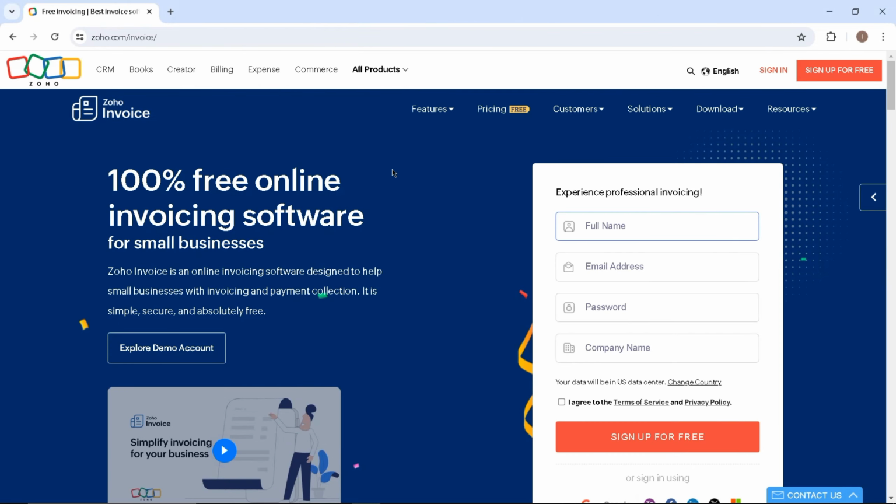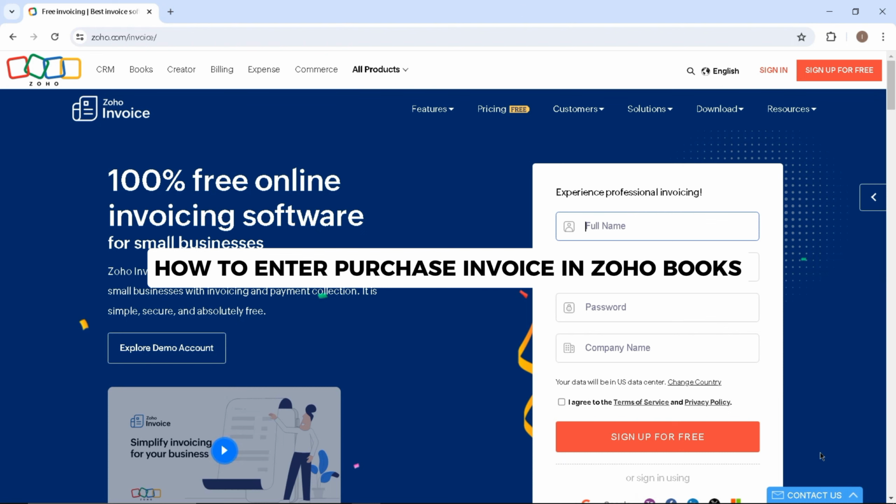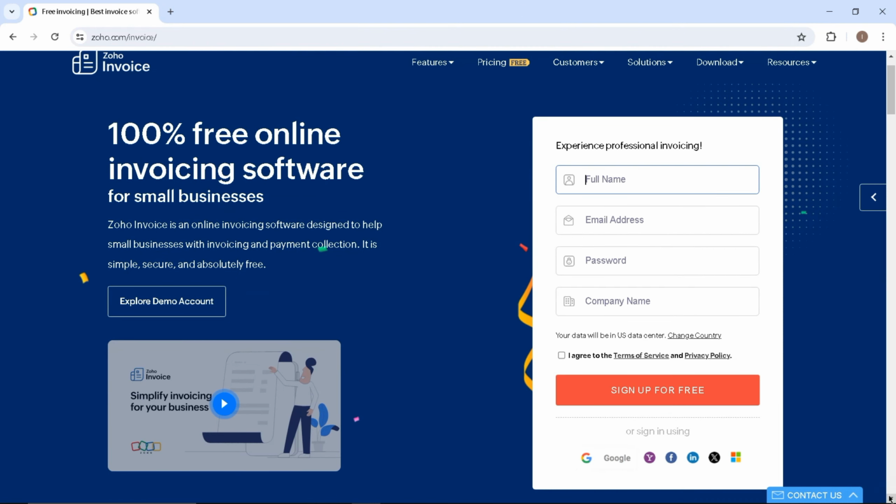In this video, I'm going to show you how to enter purchase invoice in Zoho Books. So the first thing that you'll need to do is to go ahead and search for zoho.com/invoice. This will redirect you to their homepage where you can sign in to your account or sign up for